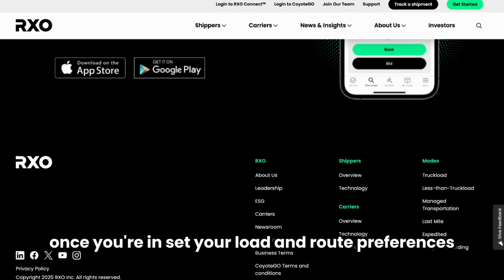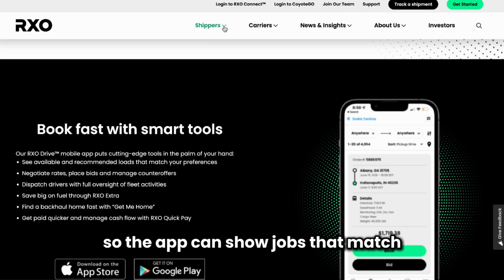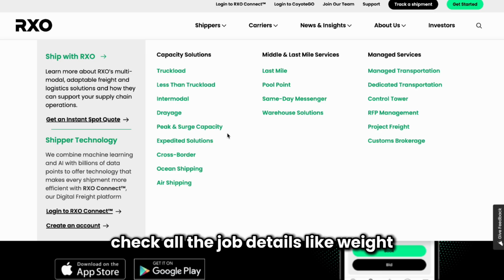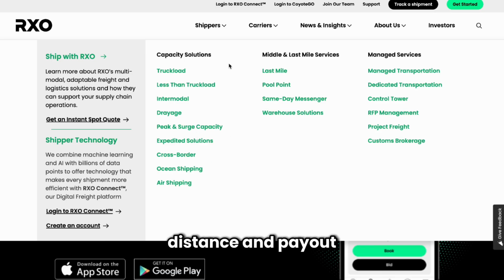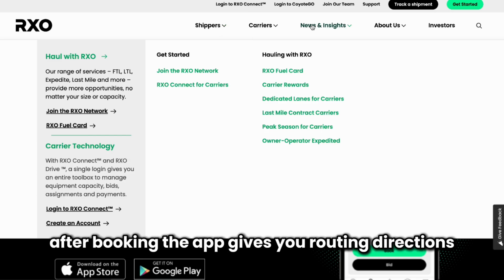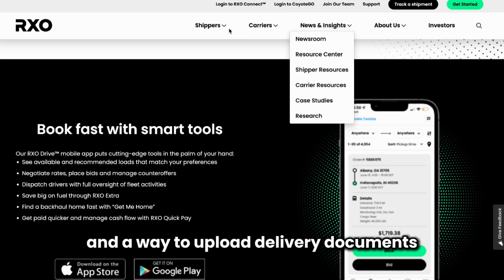Once you're in, set your load and route preferences so the app can show jobs that match. You can filter available loads, check all the job details like weight, distance, and payout, and either book instantly or place a bid. After booking, the app gives you routing directions, live load tracking, and a way to upload delivery